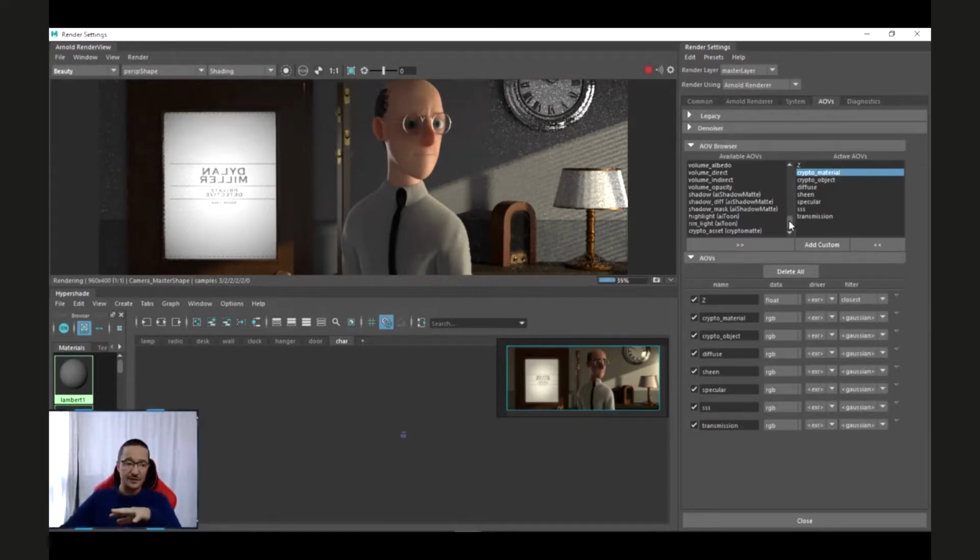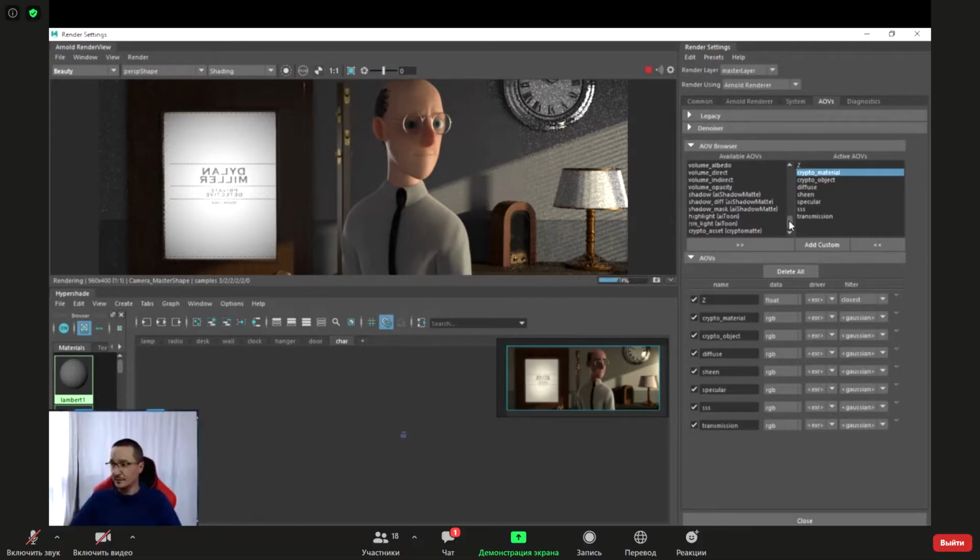So that's the minimum passes to have a compositing. After that, it depends how much you have to correct your image to fit the final image. It depends what you want to do with the compositing, but you can have many other systems to split the image. Because the diffuse can be split by two.